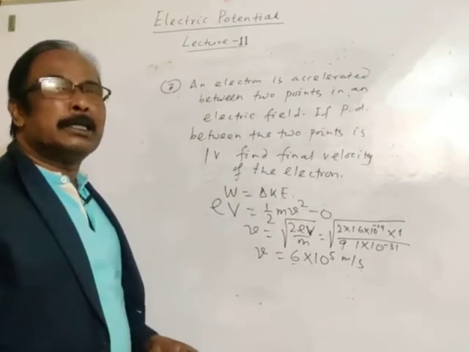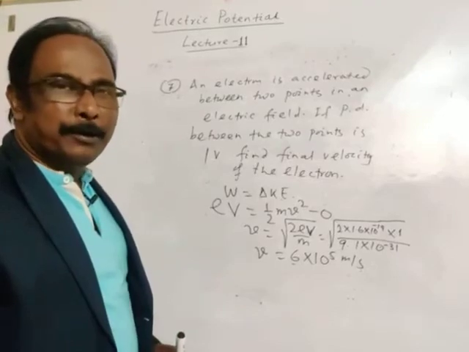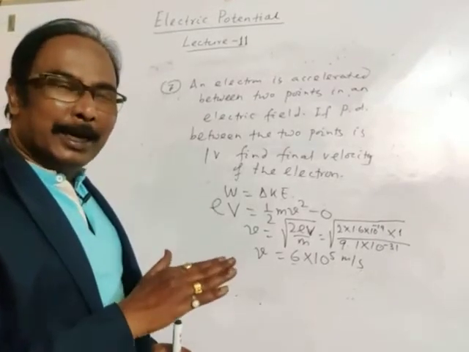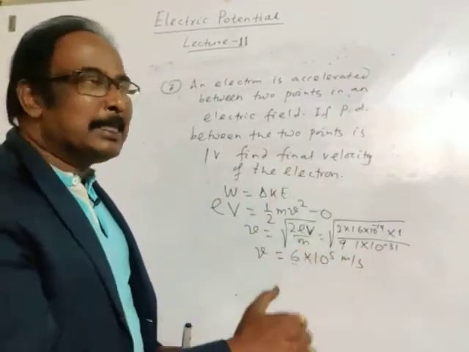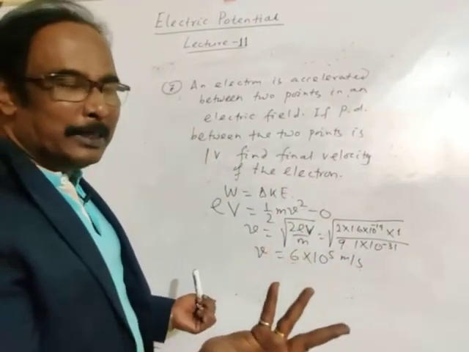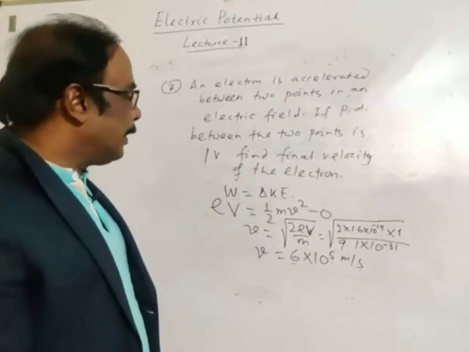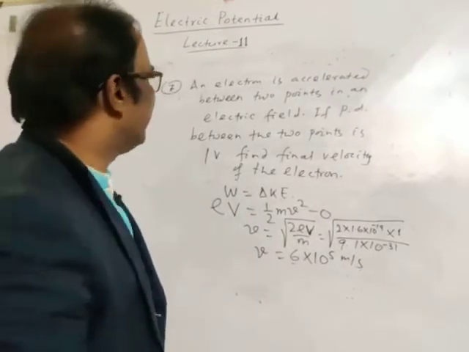This is too easy, just use the formula. In place of electron may be given some positive charge, then electron will be accelerated from low potential to high potential. Positive charge will get accelerated from high potential to low potential. Only directions of motion are opposite. Otherwise, the concept is same for both cases. Okay.